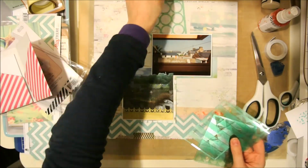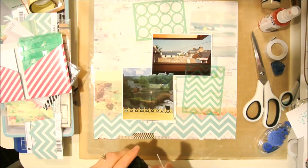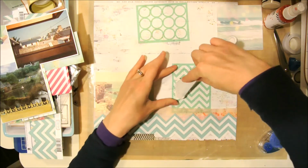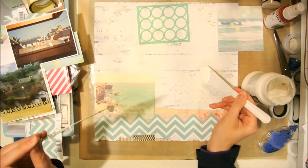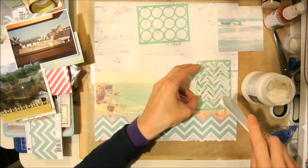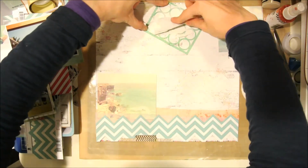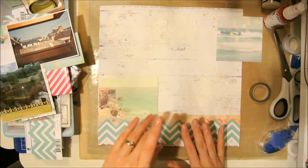So here I am pulling out some Heidi Swapp stencils that I really wanted to play with on this layout, and I suppose with the chevron theme there, I'm sticking with chevron for the edge of the lower picture, and I think it was my husband's suggestion to go with some kind of stylized clouds up there in the top, so I've gone with the circles, which naturally felt the right position up above. And working in some texture paste, just roughly, nothing too neat, to get different dimensions on the page, which I really like how that turns out. Drying it off quickly there with my heat tool,